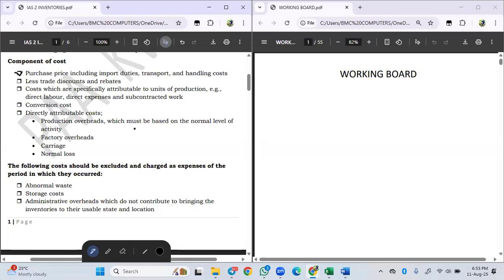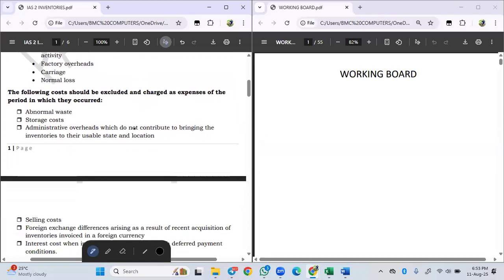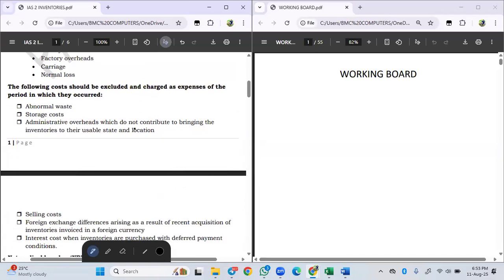And let's talk about the directly attributable costs. So we have the production overheads. This one, as I said, we've heard of it under management accounting. Then factory overheads, the same thing, carriage inwards and all that. Normal loss. And when you have a list of costs that you should use to determine the cost of inventories,